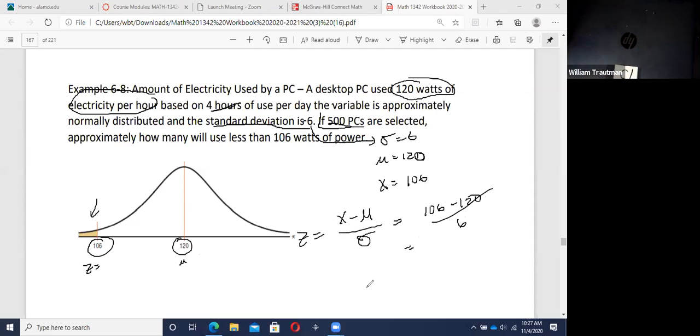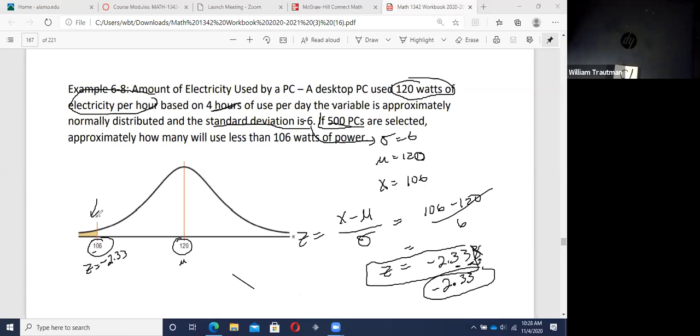So when I put this in my calculator, obviously the Z is going to be negative. It's on the left side of the mean. 106 minus 120. I hit enter, and then I divide it by 6. And I get a Z value of negative 2.3. We'll go 2 decimal places on the Z values until they tell us something different. So this Z value here is negative